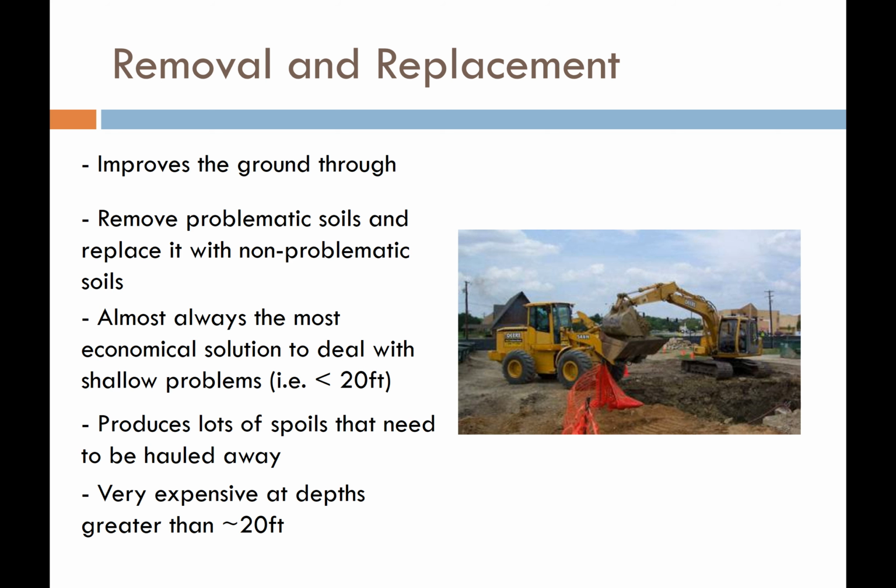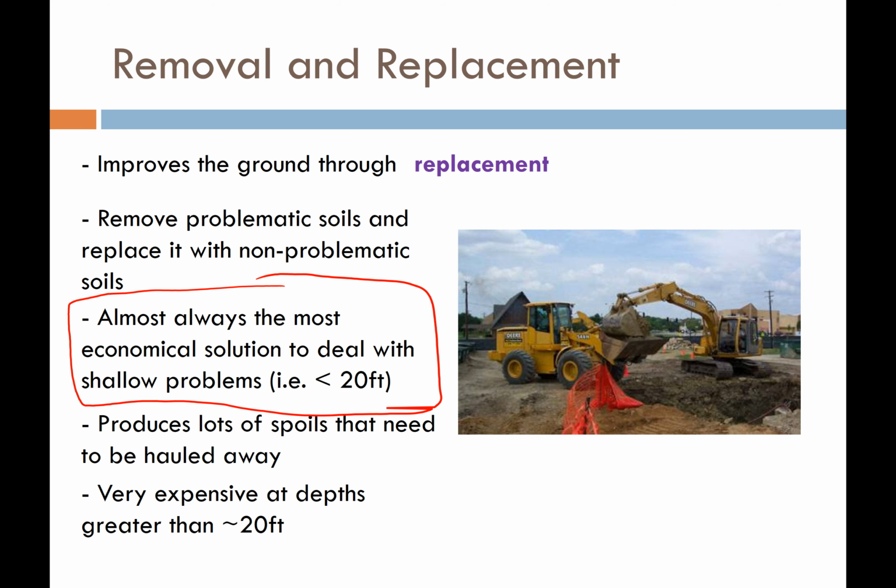Now, here's one that we did a lot in my consulting practice, and we just call it remove and replace. We're going to improve the ground through the replacement. We're going to dig out the loose, bad soil, and we're going to replace it with a non-problematic, compacted structural fill that's going to have a high relative density, so it's not going to be contractive when sheared, it's going to be dilative. I can tell you from experience that this method is always going to be the most economical solution to the problem